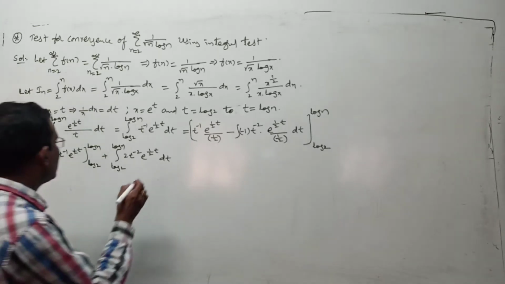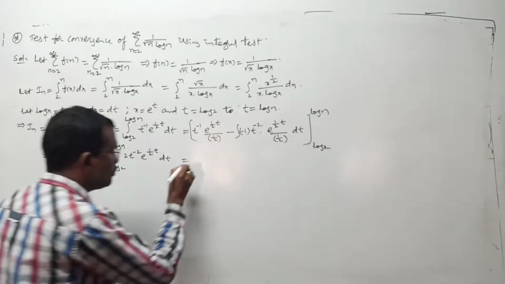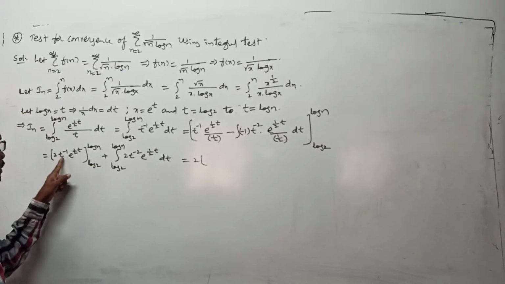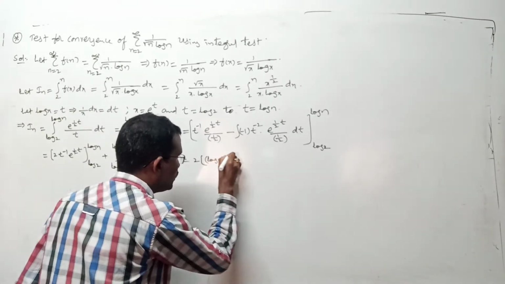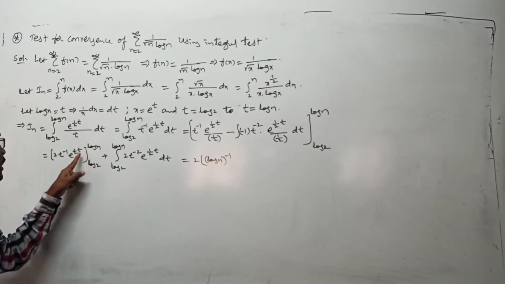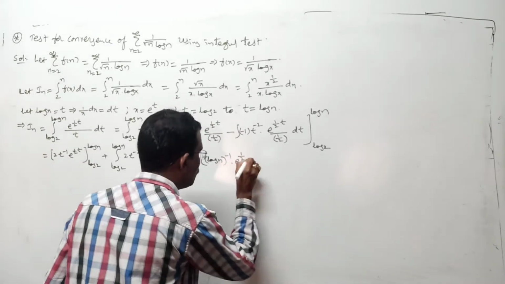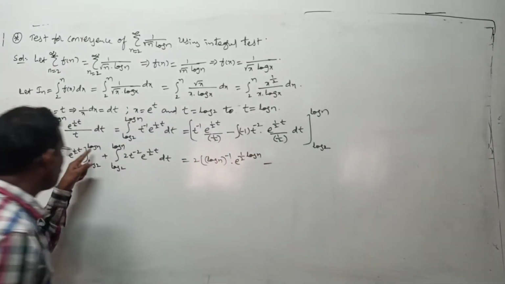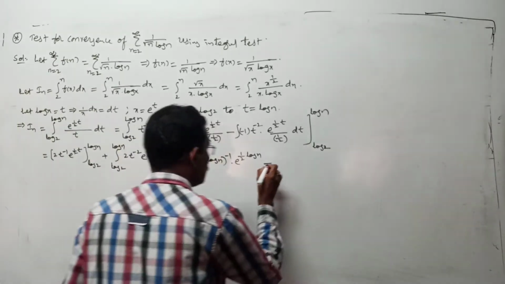Right? If you use bounds, it should be what? This is 2 into, 2 I am taking outside. Use upper bound, log n whole inverse, because we are using log n. Here means what? It is e power, directly I am writing e power 1 by 2 into log n, minus, that is upper bound value, minus lower bound. Lower bound is what? Log 2